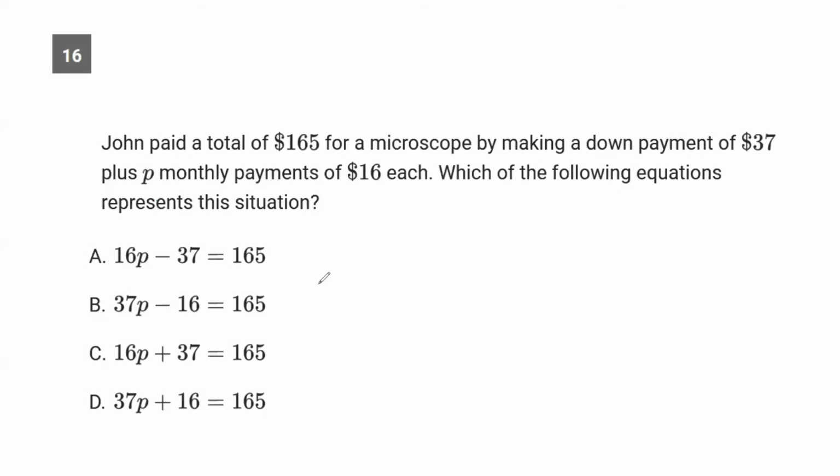Okay. John paid a total of $165 for a microscope by making a down payment of $37 plus P monthly payments of $16 each. Which of the following equations represents the situation? So 37 is the down payment, so that's the y-intercept, right? 37 we could say is B. 16 is the monthly payments, right? So it's going to be 16 equals M. And P is the X value. So we're going to get 165, which is the total, equals